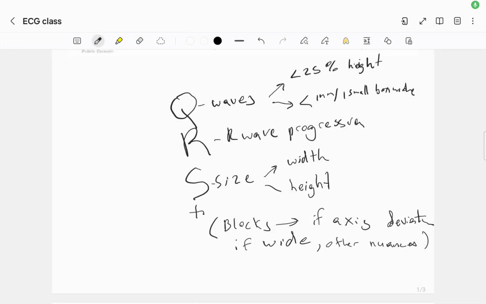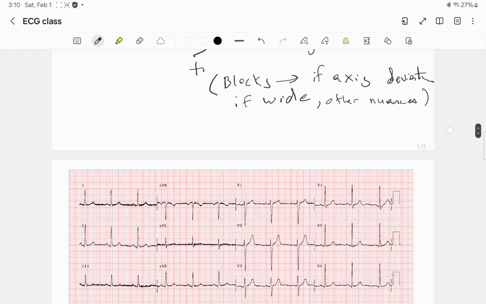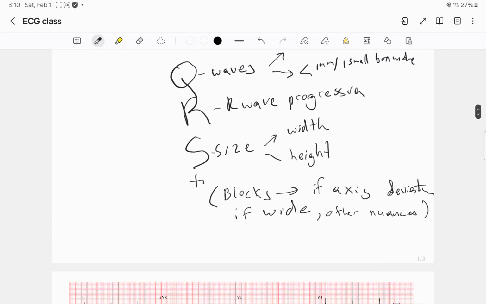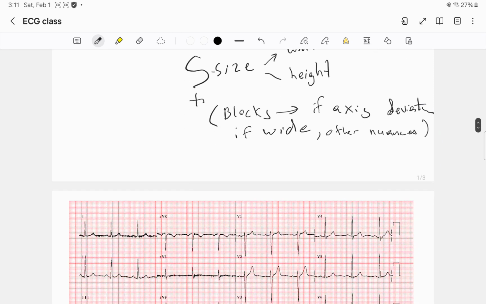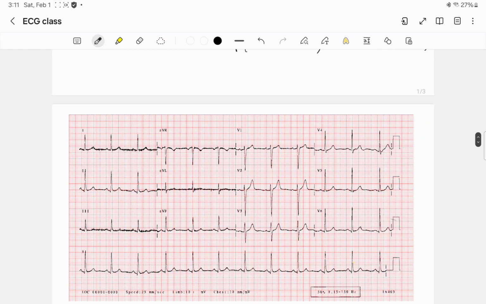Okay, so the next thing we are going to analyze is the size of the QRS complex in terms of height and width. We're not going to speak a lot about the height at this point in time because we're going to go into detail when we speak about chamber enlargement. In terms of the width of the QRS complex, it's something we've spoken about already, and we're just going to rehash that. So narrow